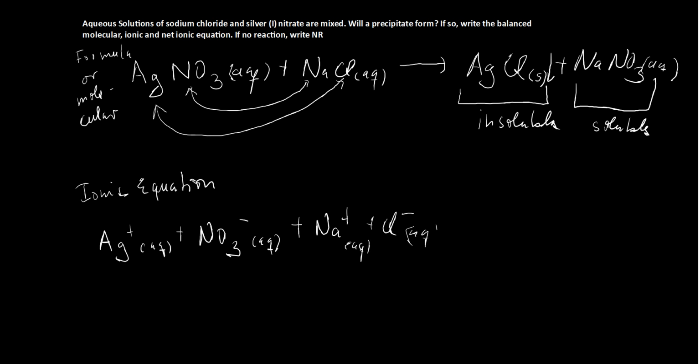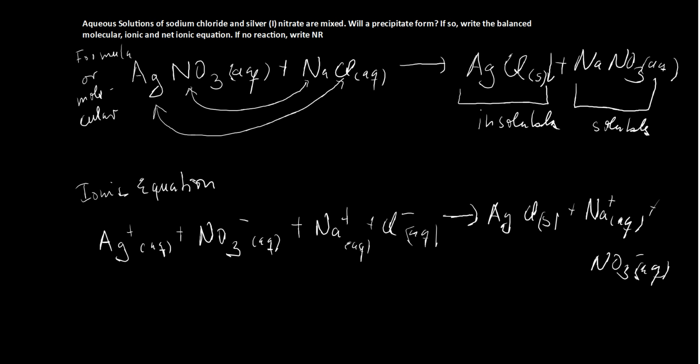will form this silver chloride precipitate that we mentioned earlier. And that one we do not write out as ions. This one stays as a solid. These ones are in the liquid, in the solution that we are mixing together, so they exist as ions in the solution. Plus sodium nitrate. And this one right here will be again in solution, Na plus, NO3 minus, aqueous. So this would be the ionic equation,